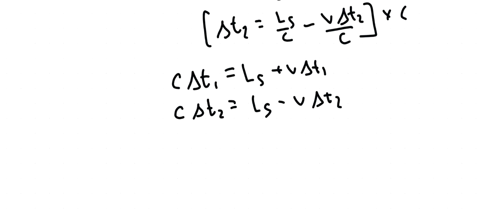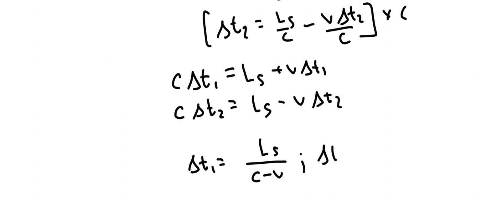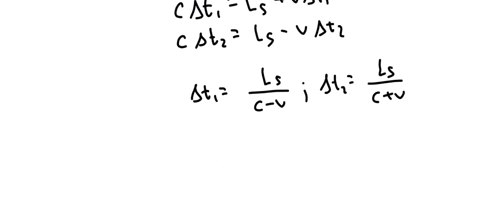I actually have delta t1 is equal to ls divided by c minus v, and my delta t2 is going to be ls divided by c plus v. When I rearrange these equations and express delta t1 from the first equation and delta t2 from the second equation, I can say that the total time as measured by the guy at the station is